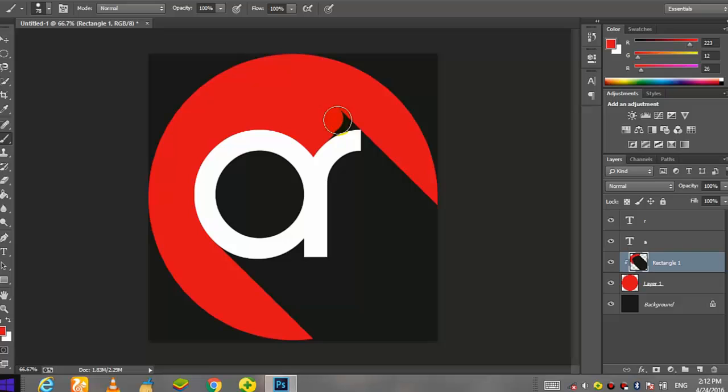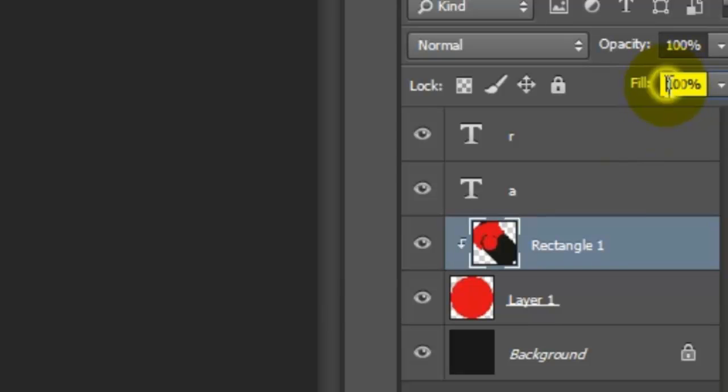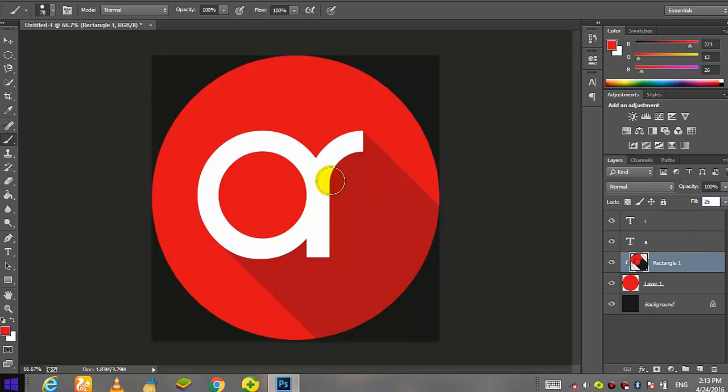And after you have removed the black portion from the top of the letters, now you will see that it looks like a shadow. So we need to lower the fill opacity. Go to this fill option and set the fill to 25%. Now you will see that we have successfully created a shadow for our logo, and now it looks in material design. So now you can save your logo in JPG or JPEG format.